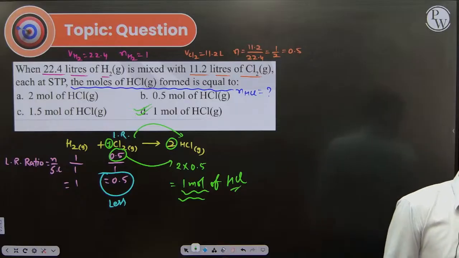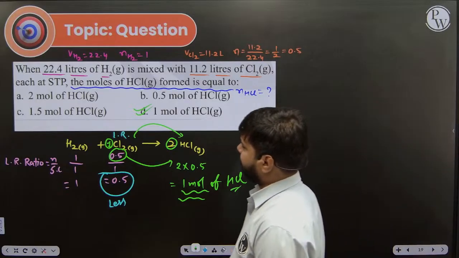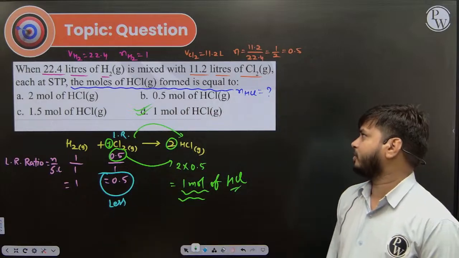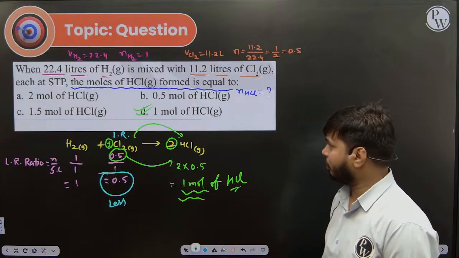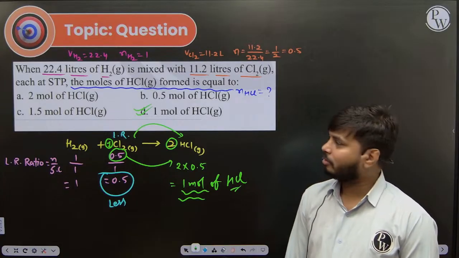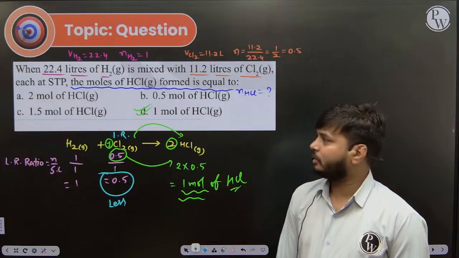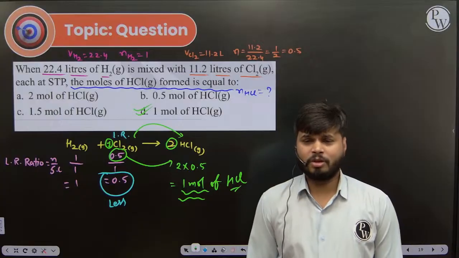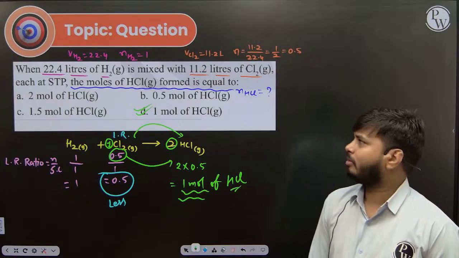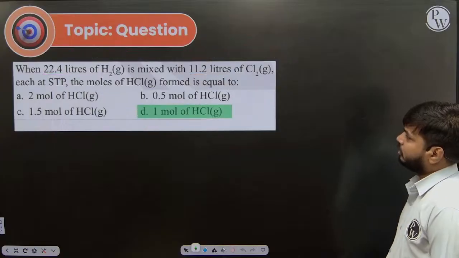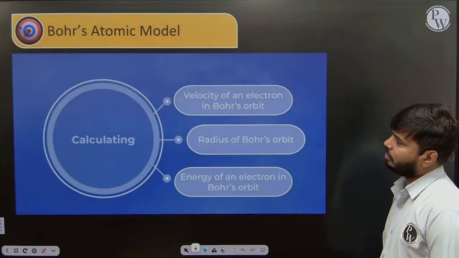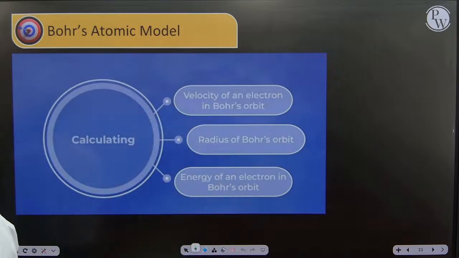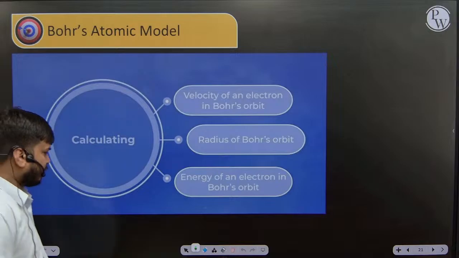Okay. So this is how we have done the important questions in this particular chapter. Some basic concepts of chemistry we have discussed, how to calculate the moles, how to do the questions in the stoichiometry, and what is the limiting reagent, how to do the questions on the limiting reagent, right? So this is what we have discussed about this chapter. Now we are going to talk about our next chapter, which is called structure of atom, right? So structure of atom is the chapter which we are going to discuss,